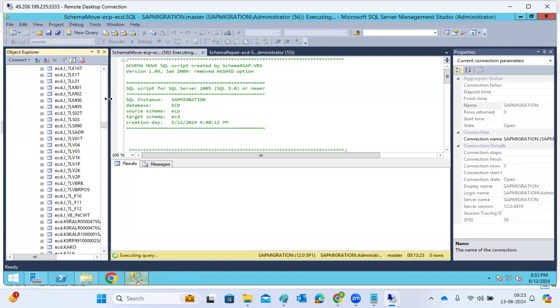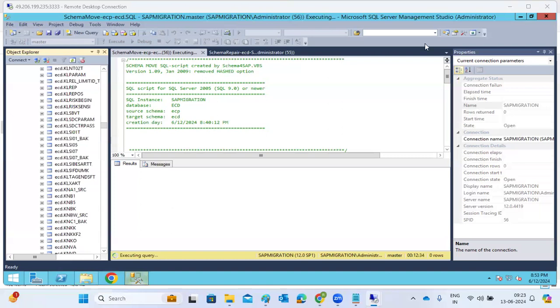Okay. So yes, let's run it in the background. Let's start the conversion, the S/4HANA conversion related. So post